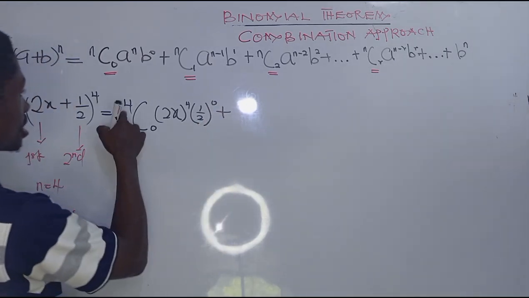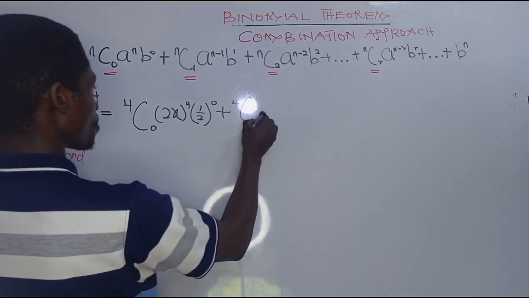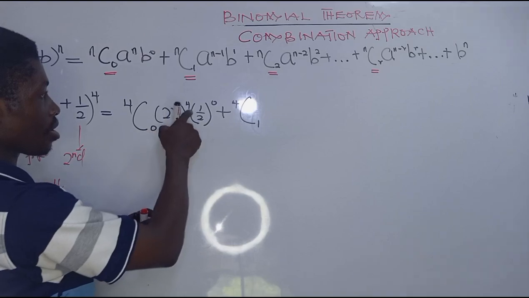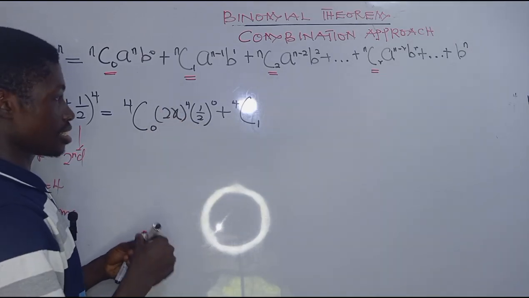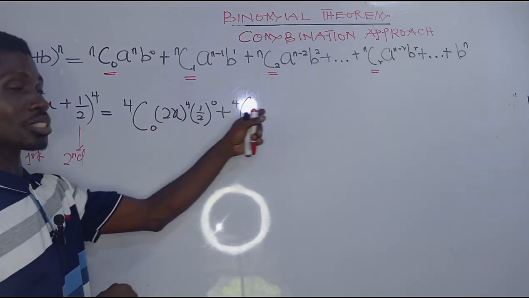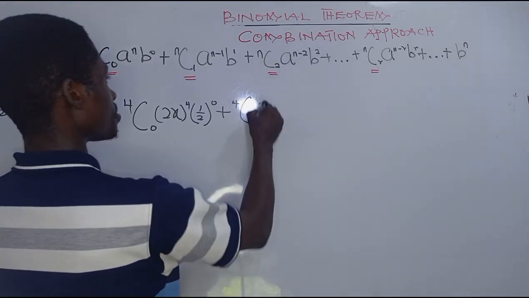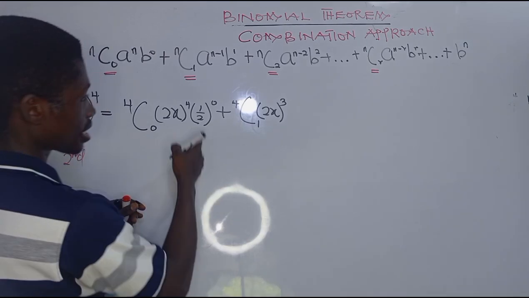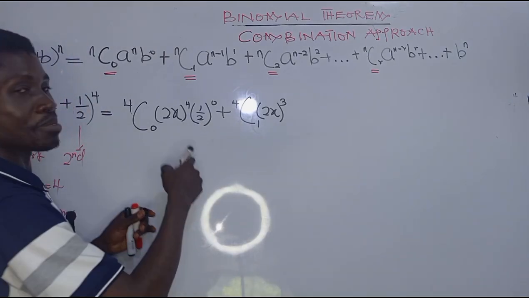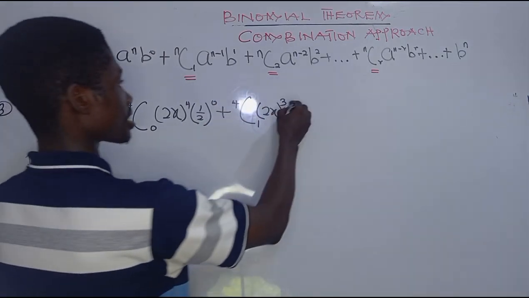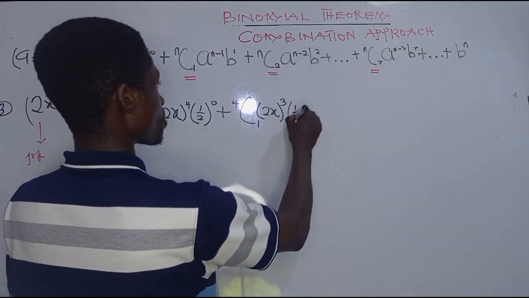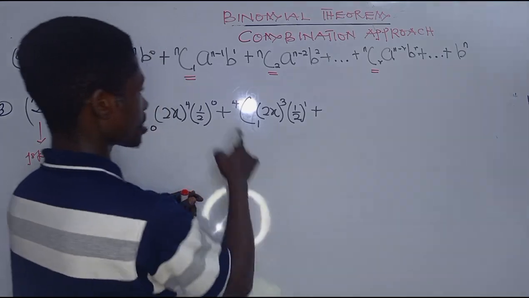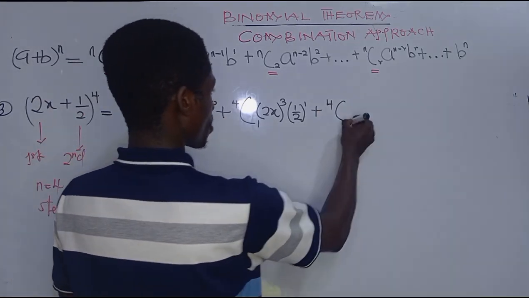You have your plus and then 4 combination from 0 we move to 1. The power of the first term decreases. So it decreases from 4 to what? 3. So we have 2x raised to the power 3. And then the power of the second term increases. So from 0, it moves to 1. Very, very easy. Then you have your plus 4 combination